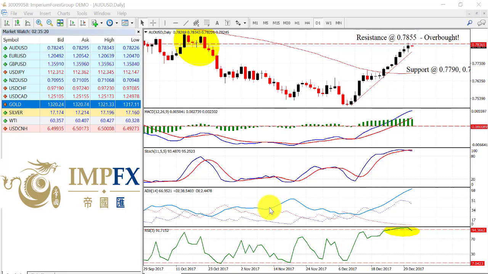To start with the Australian dollar, and you'll probably notice all the way through this webinar, is the fact that the US dollar case is extremely oversold and has put all the currencies against that pair in extreme high and low territories on the RSI and also on the stochastic.